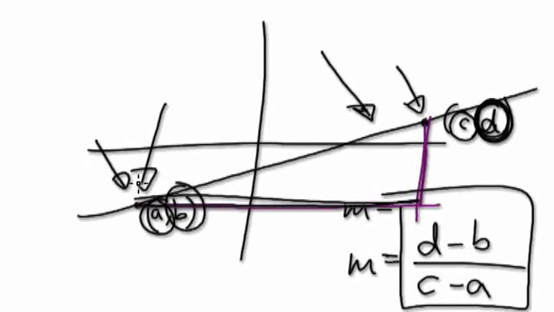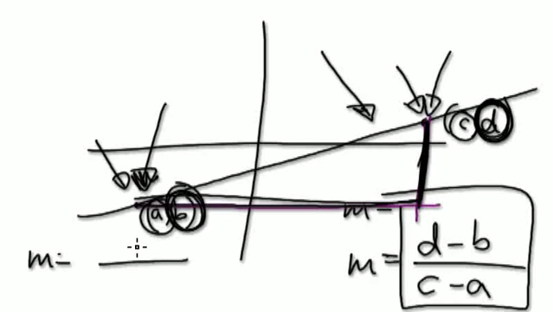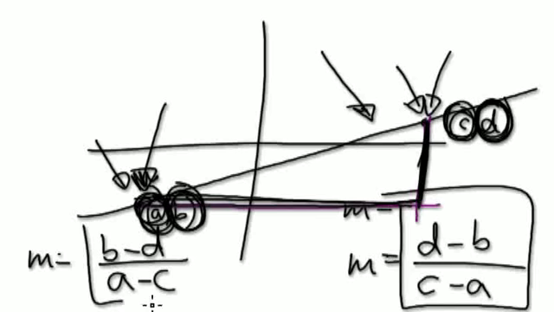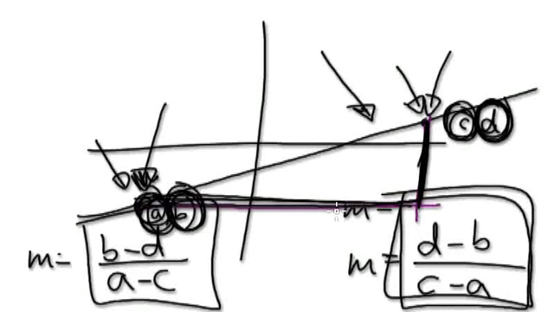Another way of doing it is to get this point, take away this point here. So M equals, well, remember it's always the height here. So the height would be B take away D, and then the width here would be A take away C. It turns out that this is exactly the same as this, but just written differently. Okay,